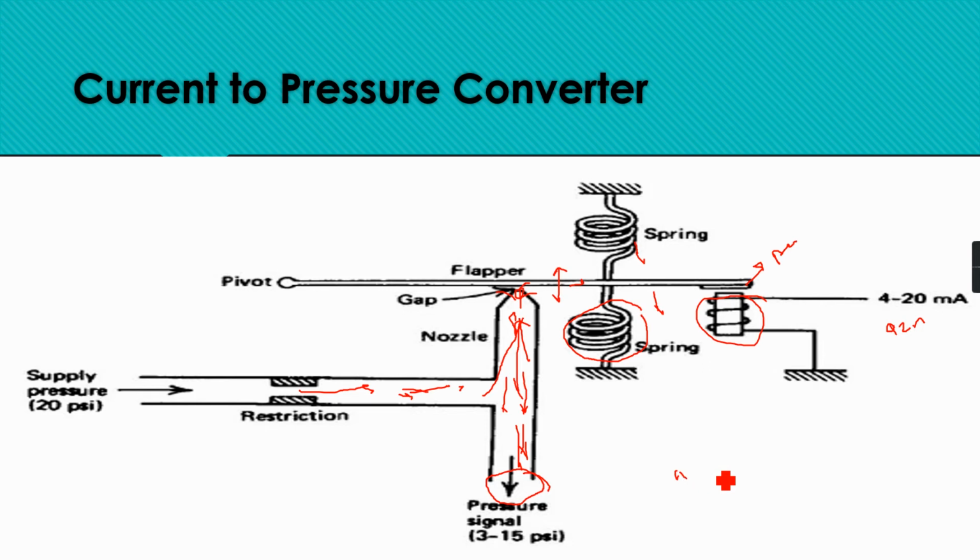In this way we can convert the current into a pressure signal of 3 to 15 psi linearly. We have a 4 to 20 milliampere current range, and a pneumatic signal range of 3 to 15 psi. So we have to map this 4 to 20 milliampere linearly to this 3 to 15 psi. It is happening over here, and this output signal we give to the final control element, which is operated through this control signal.